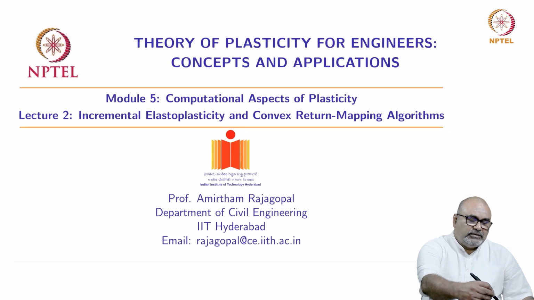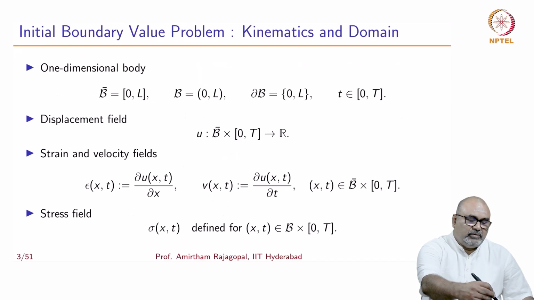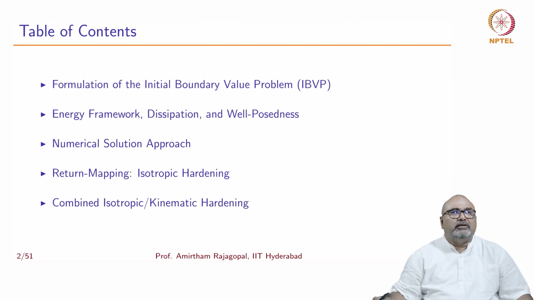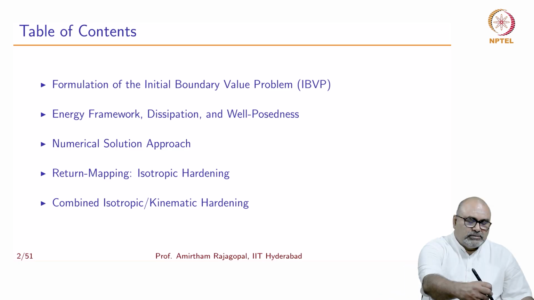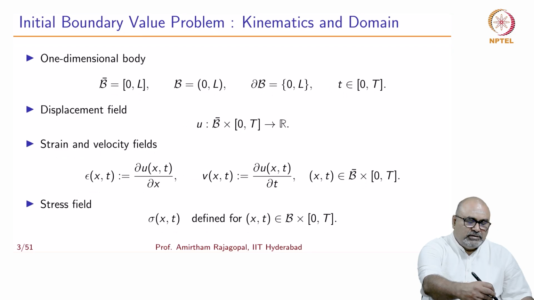Now, the outline of the lecture is as follows. First, we are going to deal with formulation of the initial boundary value problem. Then we are going to follow an energy framework, and then we are going to understand dissipation and well-posedness of the boundary value problem, and we are going to discuss the numerical solution approach that is going to be adopted, and we will discuss in detail the return mapping algorithm that is used for isotropic hardening and for combined isotropic and kinematic hardening. So, first we have the initial boundary value problem,